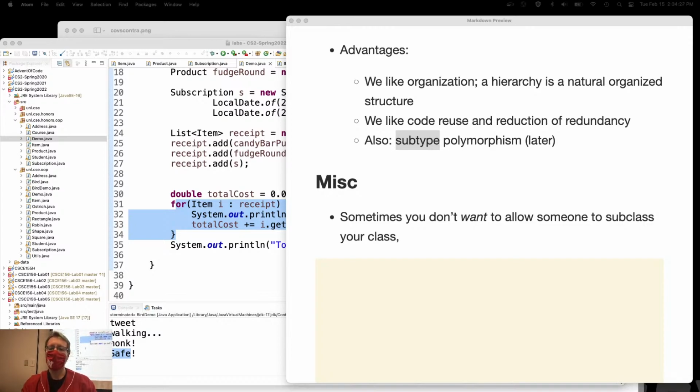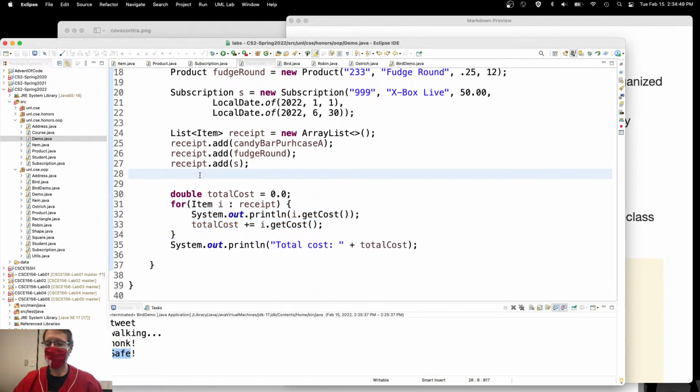Right? You can make it final to prevent them. Remember, by subclassing, we're changing behavior. In the item class, we changed it so that instead of returning 0, in the product class, we multiplied quantity times price. Right? Think about another common